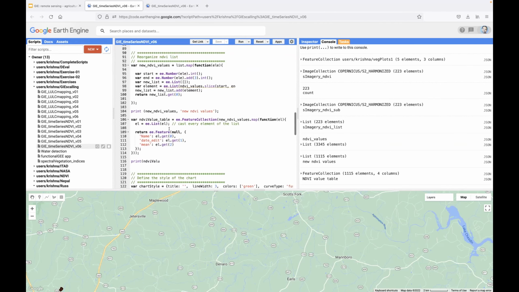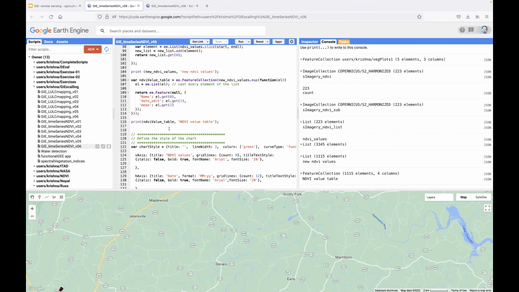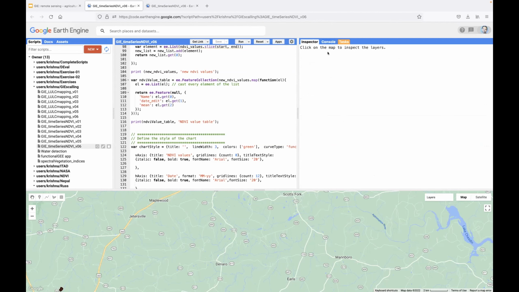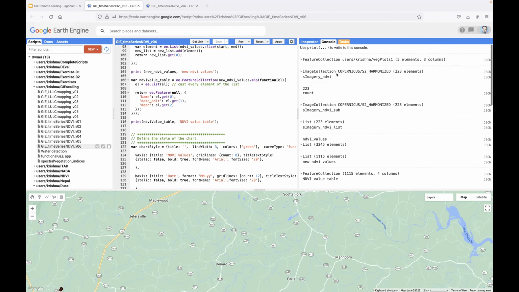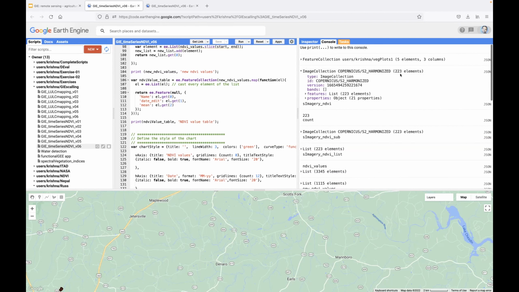And then there are a few more functions that can be used, once you have NDVI estimated, to create the chart. Okay, so this is the scripting part. And here's the thing. In the Inspector, there's no issue, so you don't see any comment here, but in the console you can see all the functions I used, the outcome of all the functions I implemented. You see 223 elements, that means there are 223 images,